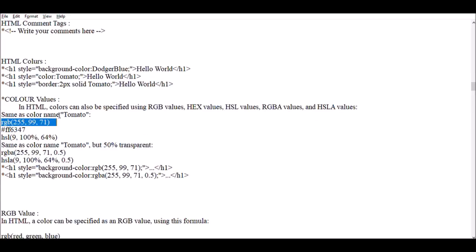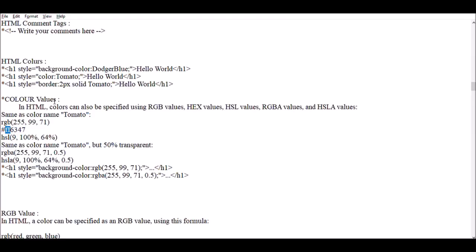In RGB, here he mentioned red value is 255, green value is 99, blue value is 71. So there is a mixture of red, green and blue. This will form a color called tomato. And if we use hexadecimal values, then it is this.